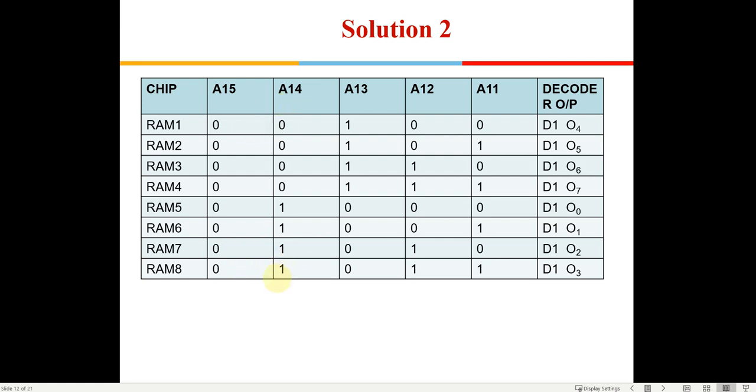You can do it like this also, because when you have a large number of chips to be connected, it may not be possible within a single bit. Like in this case, you have only 8 and 8 out here, so we could have done it within a single bit also. We could have given 0 0 0 for all the RAMs and 1 1 1 for all the ROMs. Even this would work fine.